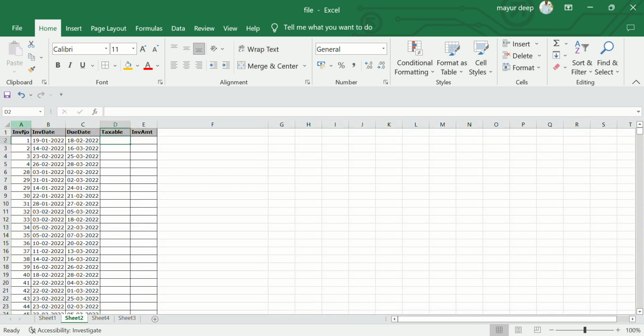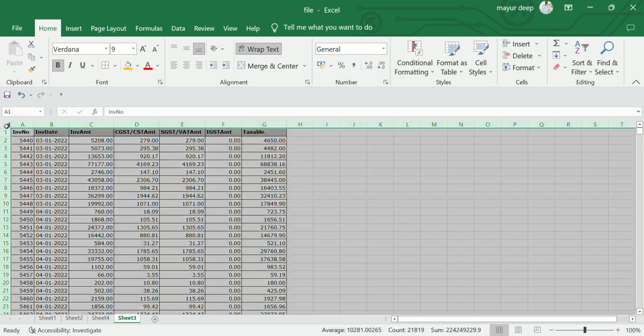सो उसके लिए आई हैव सम शीट्स, सम डेटा इन अ शीट। ठीक है। I have this sheet in which I have invoice number, invoice date and due date, and these two data are not there in the sheet. Same, I have one more sheet in which मेरे पास है invoice number, date and some amounts